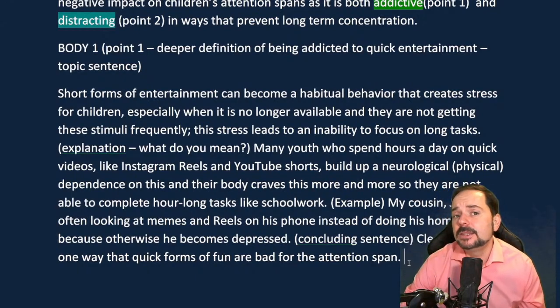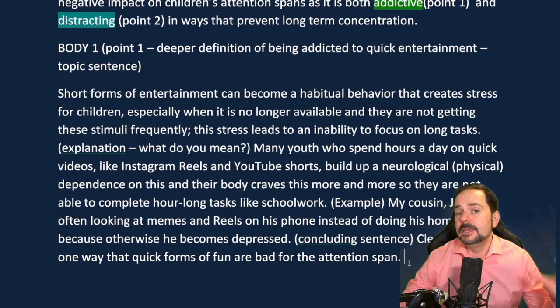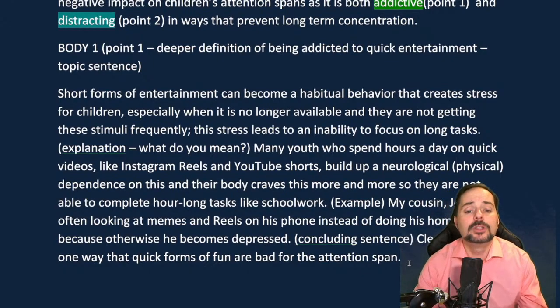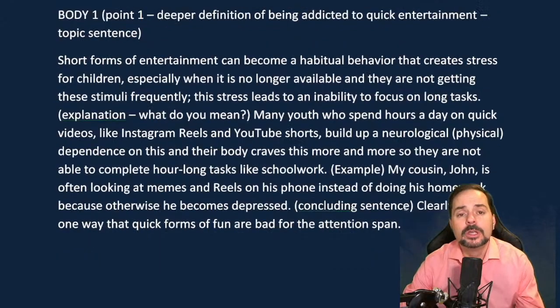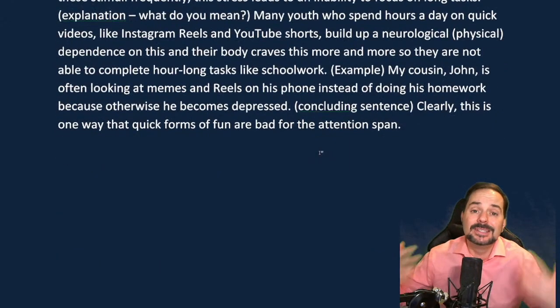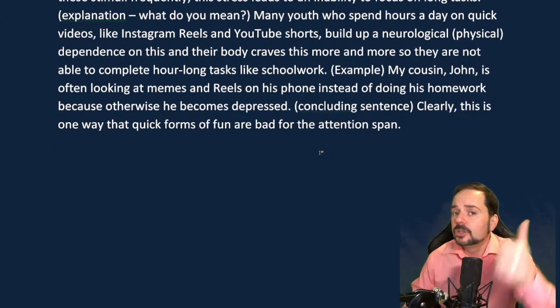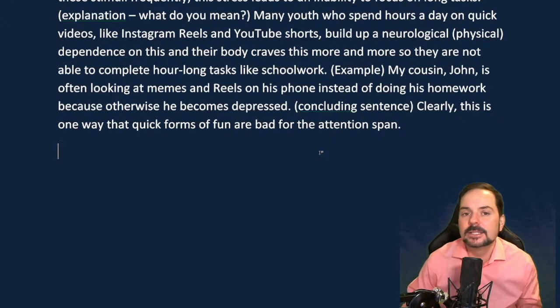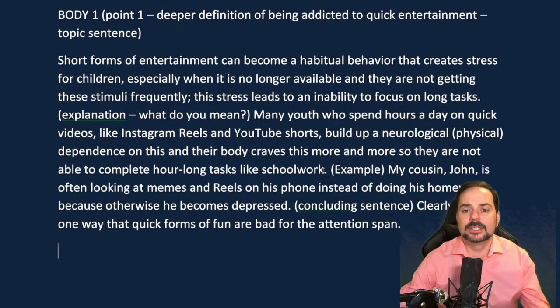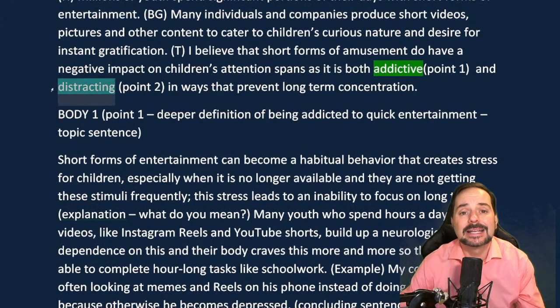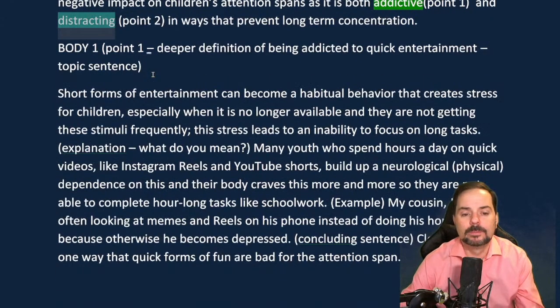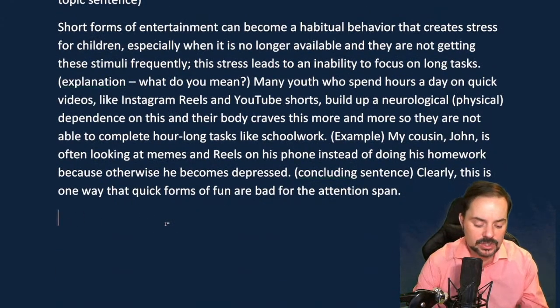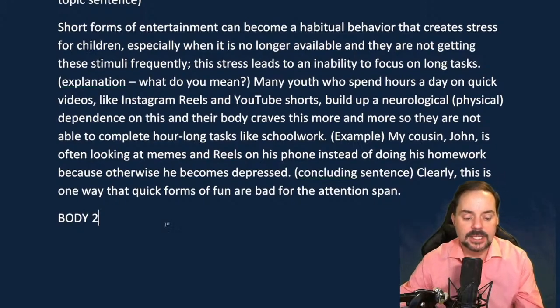Okay, good. I could clean this up more. I could shorten it even more, be even more concise, but I'm going to leave it for now. It's good enough for a nice high band score, and I'm going to go on to body paragraph 2. And body paragraph 2 will continue with the same kind of structure of topic, sentence, explanation, example. Okay, you don't really need a connecting sentence, except you're focusing on the second key point. The second key point here is that it's distracting. So this is kind of the psychological part of this equation. Okay, so body 2. Let's take a look at what's going on in the chat and what some people have written.